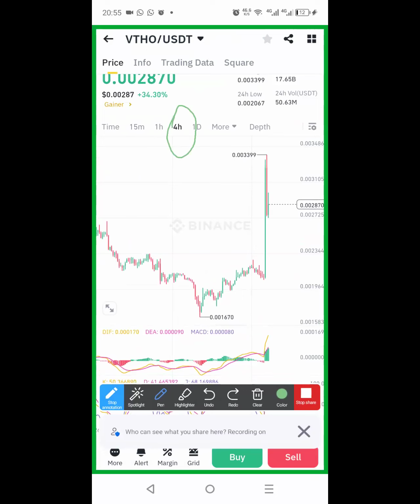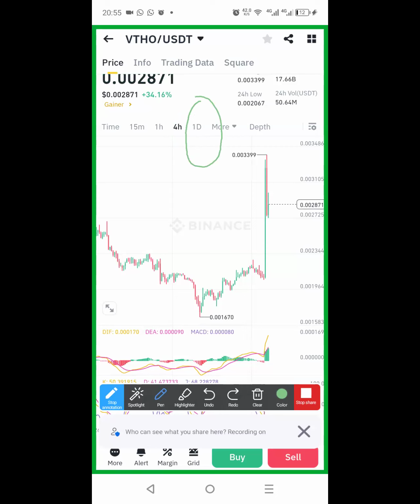But for me to be able to know whether this coin is still going up or coming down, I have to consider the 1 hour, the 15 minutes, the 1 day. But I make sure I use this 1 day time zone as my final validation, because when I just started trading stocks, there are some trades that I entered that time.